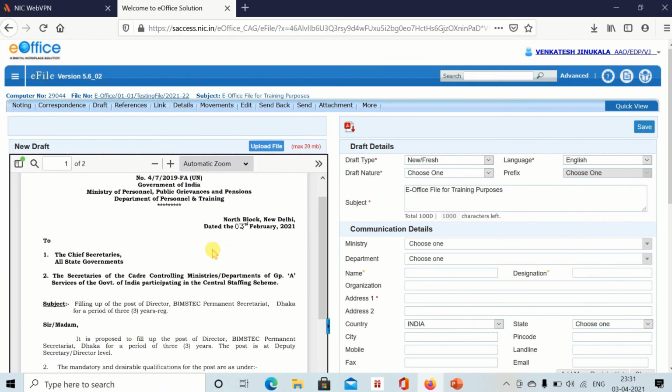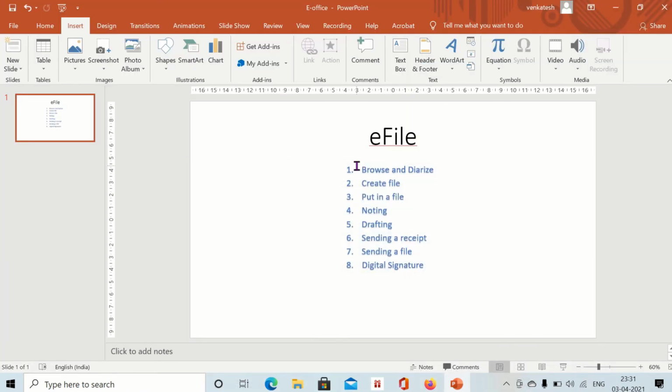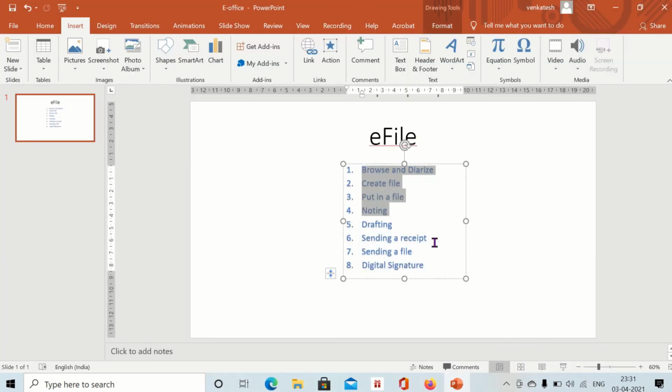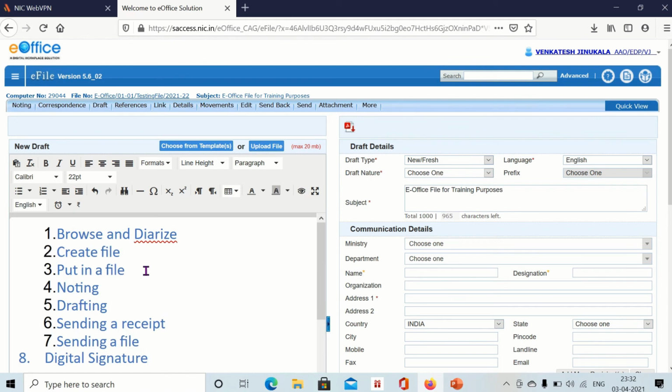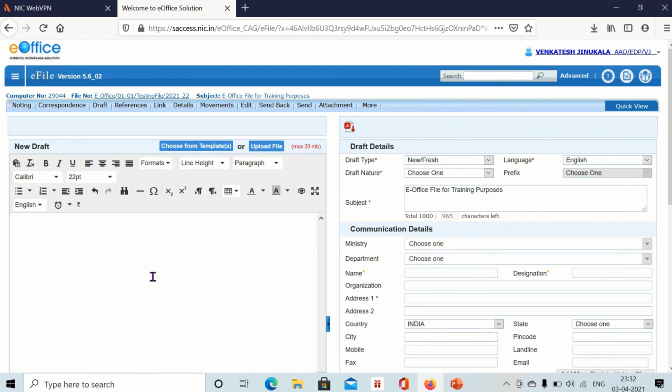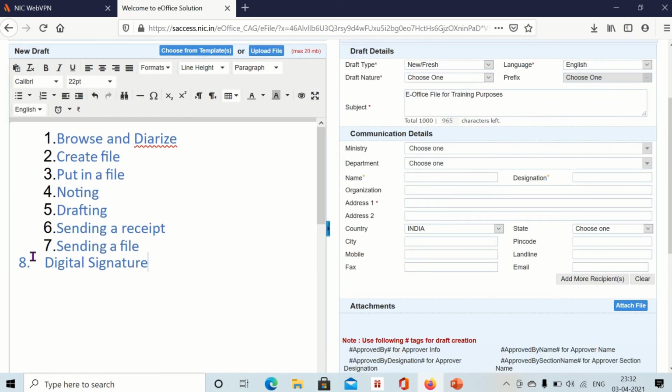The best thing is typing is very good, or if you don't want to type, you can copy any draft from anywhere. You can copy any text from anywhere and paste it here. That will also be a draft. But after writing your draft,